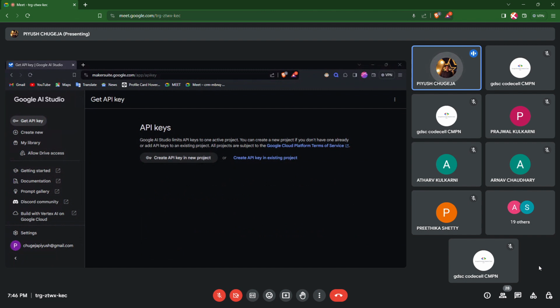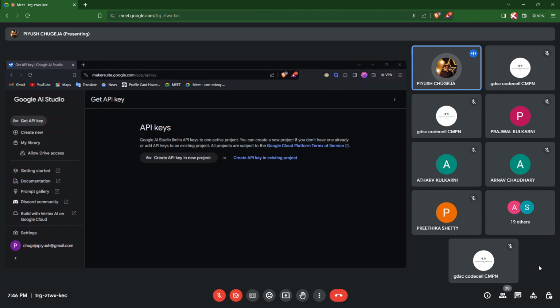Can everybody see this page, or have you already obtained your key? Does anybody have a problem until this step? Please use the chat box. Atharva Chavrekar, if you're listening to me, use your personal Gmail address. Use your personal email ID. Do not use your college email ID, because you won't be given access on your college email ID. If you're using your personal email ID, there's no way that you are connected to an organization. Kindly check it once again or use incognito mode.